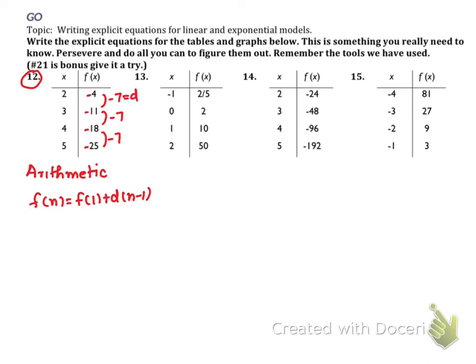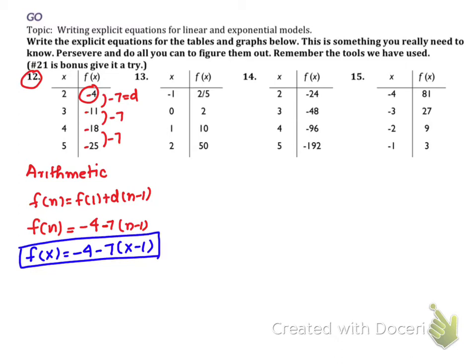So I just write down f of n is equal to, first term is what? Negative 4 is the first term. d is what? Negative 7, and n minus 1. But because we keep on using n representation, but here they are using x, so I would be using the proper representation. I would be saying f of x is negative 4 minus 7 times x minus 1, just to use the representation they gave us. Alright,